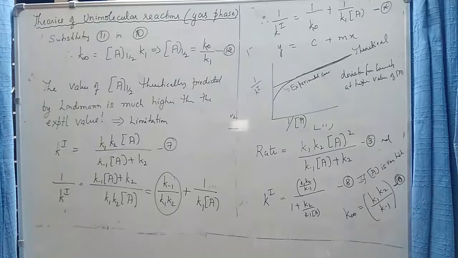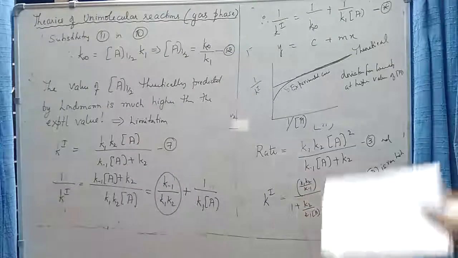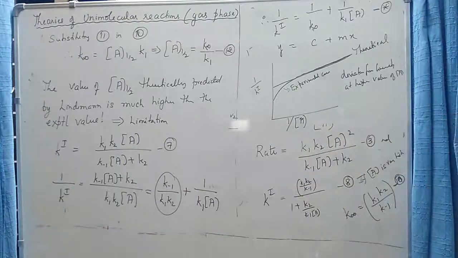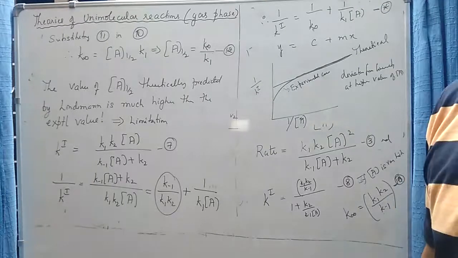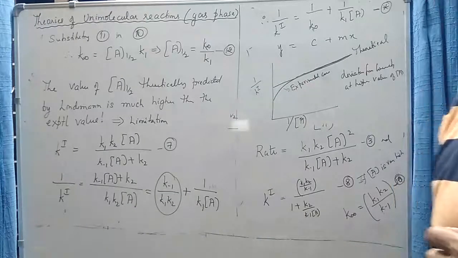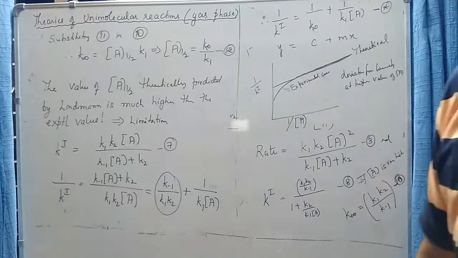In the next class we will discuss the modification of Lindemann's theory, because to overcome these limitations we have to either propose a new theory or modify the existing theory. Hinshelwood modified this existing theory. He made certain changes to Lindemann's theory. Though he was successful in explaining and overcoming some of the limitations, it is still not perfect. It also has certain limitations which will be overcome by other theories which we will not discuss here.